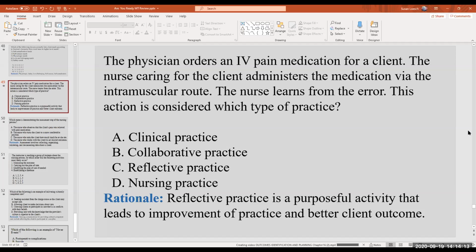All right, so on this one, the reflective. This action is considered which type of practice? Michael, let her do it before you answer. So it's asking you which action is considered this type of practice, okay? So the physician orders an IV pain medication for a client. The nurse caring for the client administers the medication through the IM route. The nurse learns from the error. This action is considered which type of practice? So when you learn from your errors,